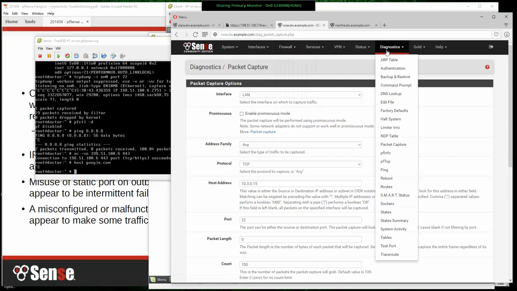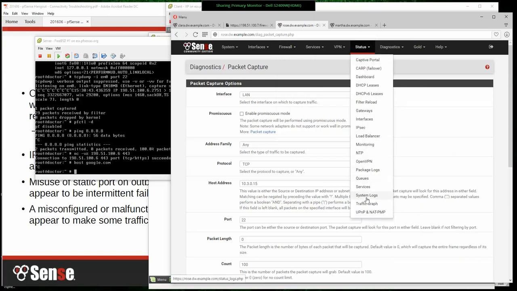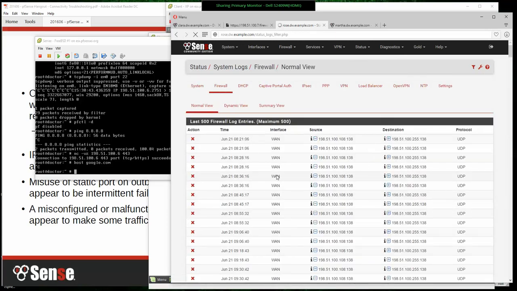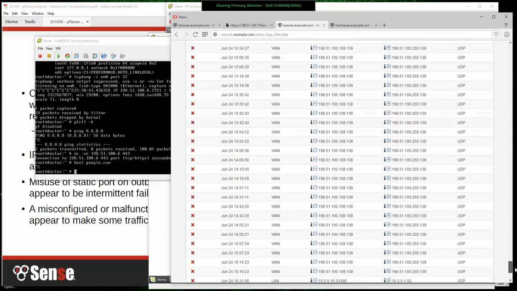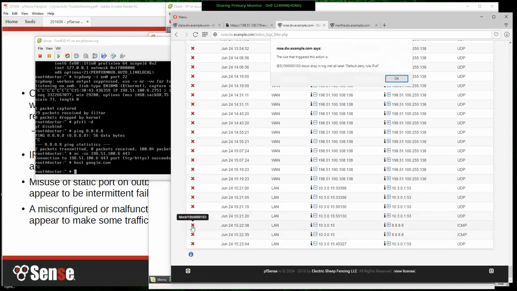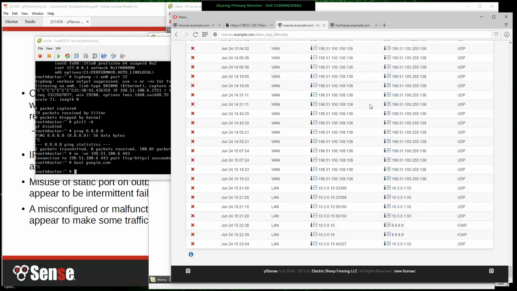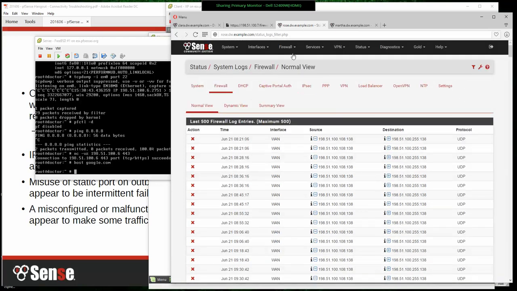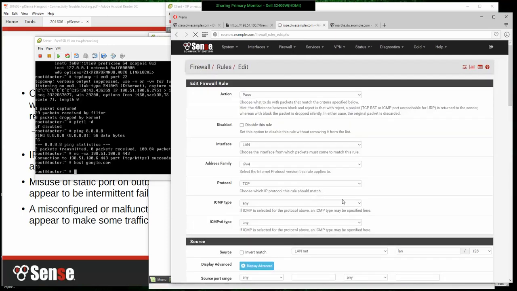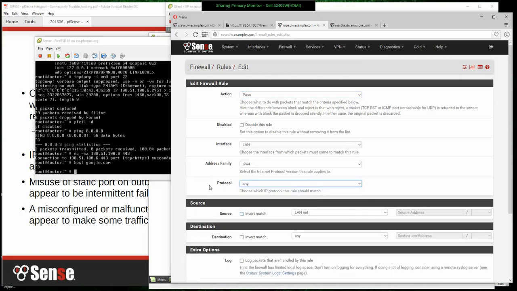Or actually, no, first let's look at my states. Or even before that, let's look at my firewall logs. Let's take this piece by piece here. Go all the way down, and hey, look, those things were blocked. And we hit this over here, and see, it was blocked by the default deny rule. Curiouser and curiouser. So we go to firewall and rules, look at my LAN, lo and behold, that rule is set for TCP. So let's set that to any protocol,